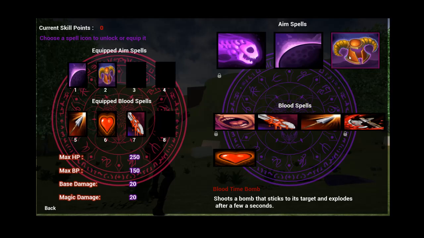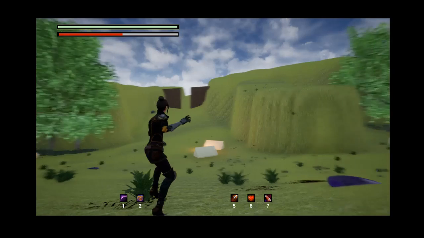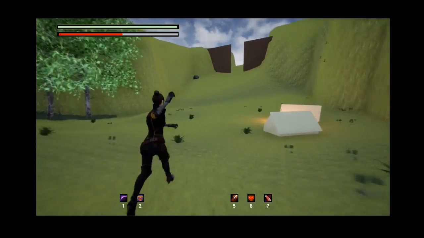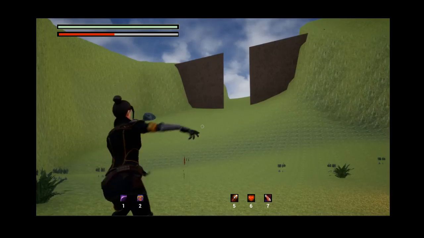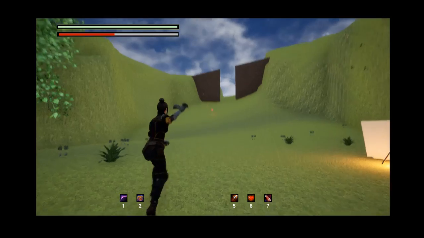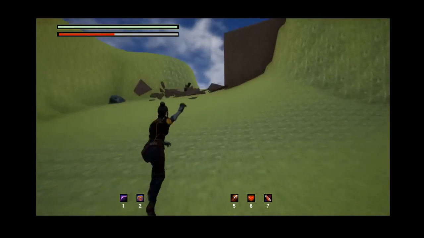And see, I unlocked it. It automatically got equipped. Okay, let's go. And now these disappear because I don't have any more points. And as you can see, I have 2 here. And this is the blood time bomb. It basically sticks to an enemy, and it damages the